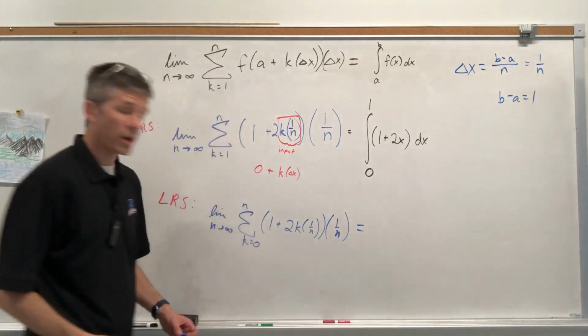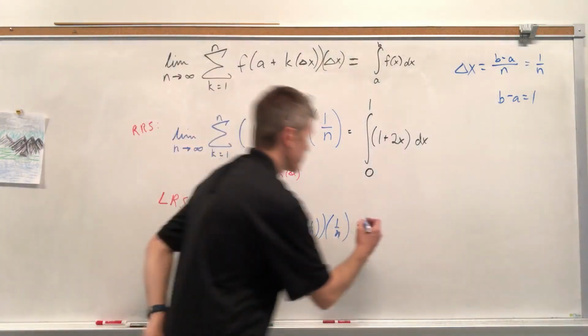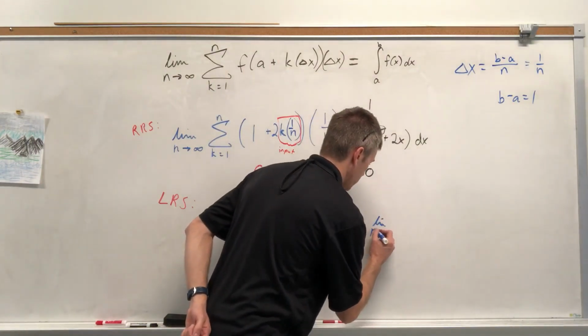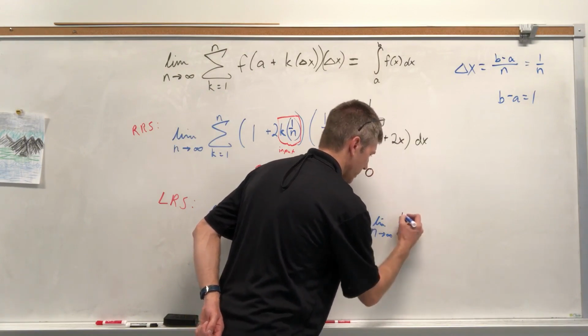Or we could have it start at 1, like we normally do. So it's the limit as n approaches infinity of the sum from 1 to n